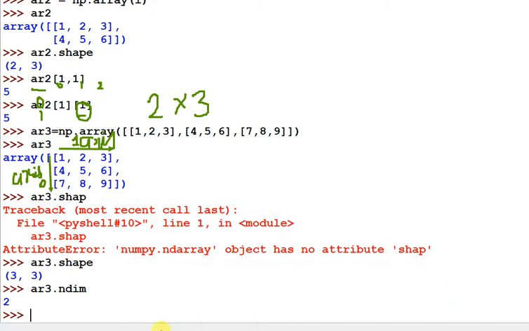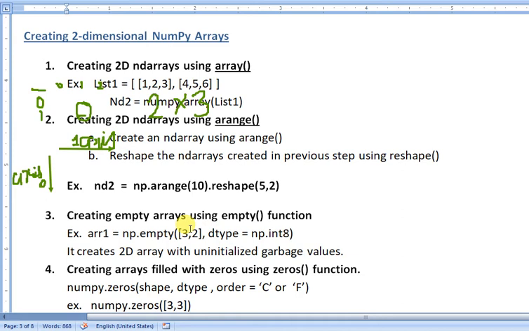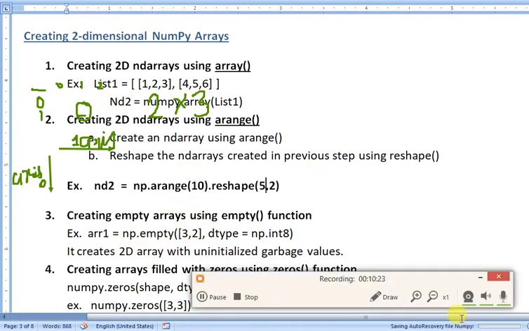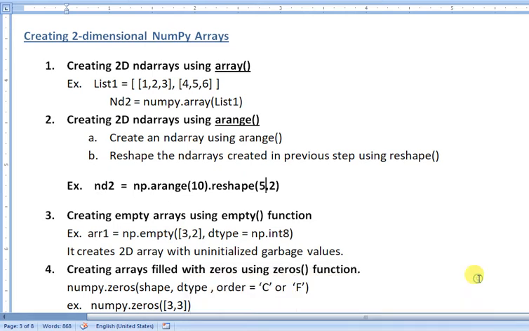Now let's move to the next function for creation of a two-dimension array. Next is creating a 2D array using the arange function. We have already discussed arange. arange generates a list of values in a passed range.